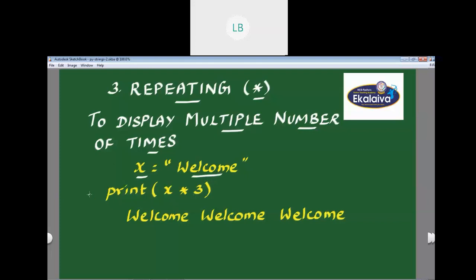You can see in this example, print x asterisk 3. Asterisk is the operator for repeating the string multiple number of times. Here x into 3, so 3 times the string will be displayed.